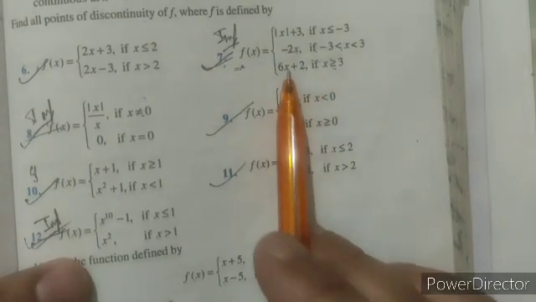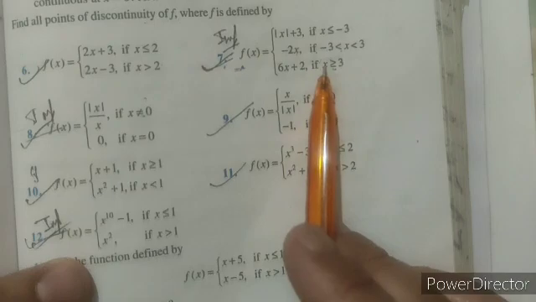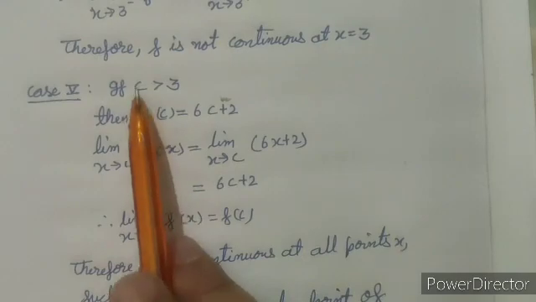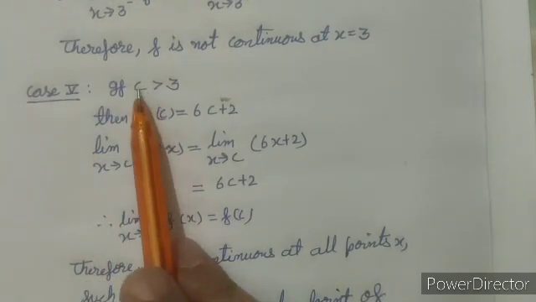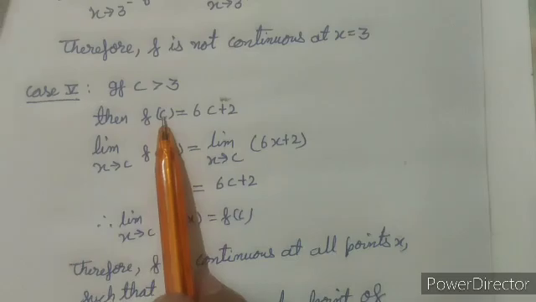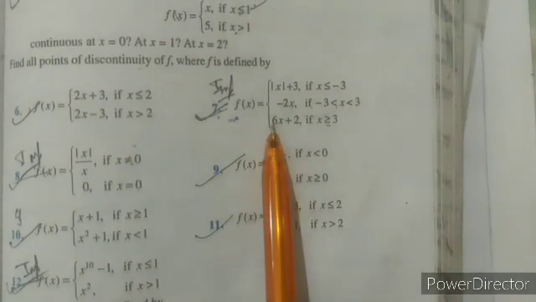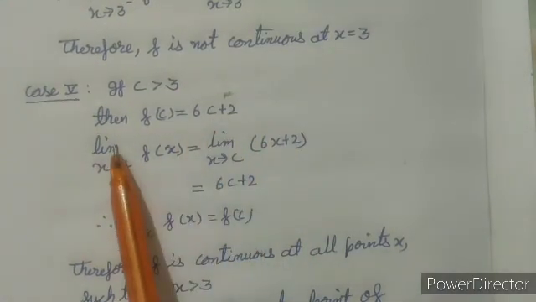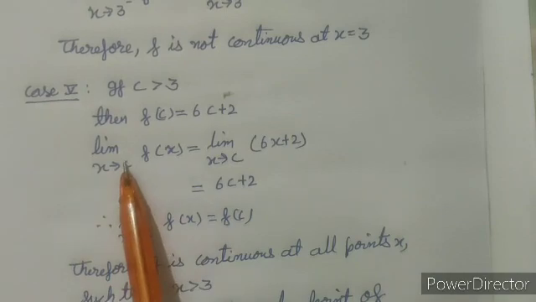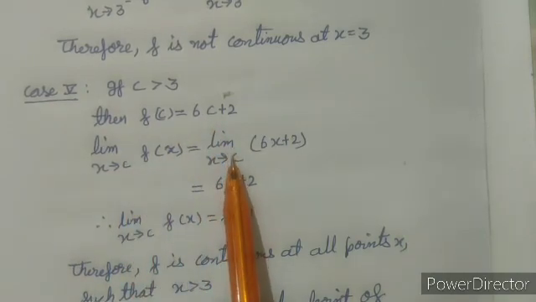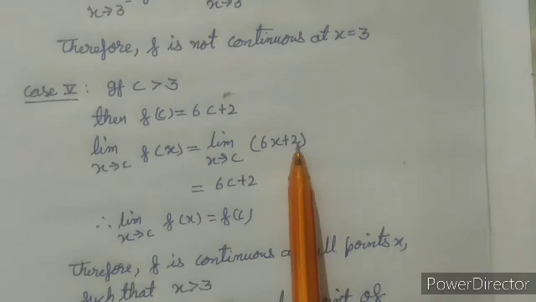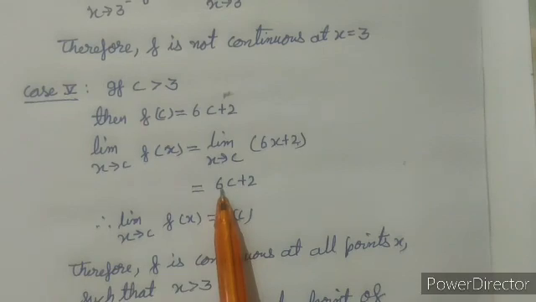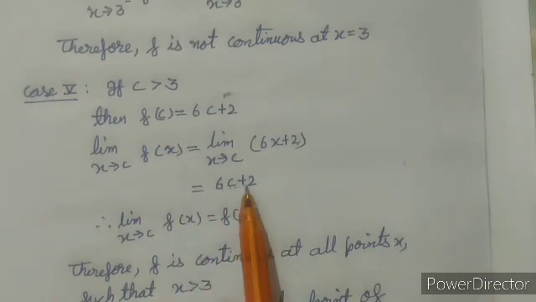Now in the last step we will check whether the function f(x) is continuous at x greater than 3. Case 5 is if c is greater than 3, then f(c) will be, for greater than 3 the value of the function is 6x plus 2, that will be 6c plus 2. Now limit x tends to c of f(x), and c is greater than 3, so we will take limit x tends to c and the function as 6x plus 2. On putting the value of x as c, we get the value of the limit as 6c plus 2,